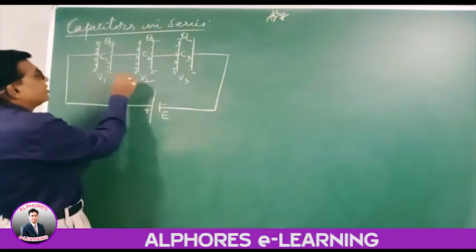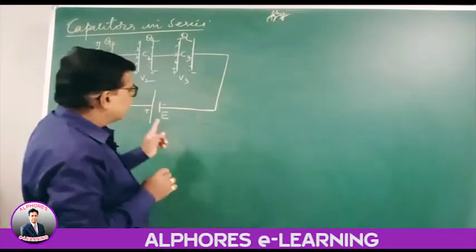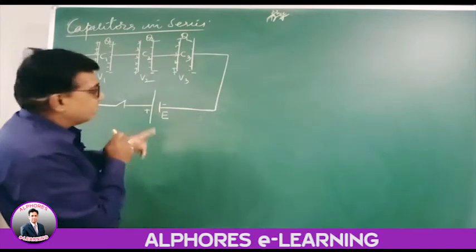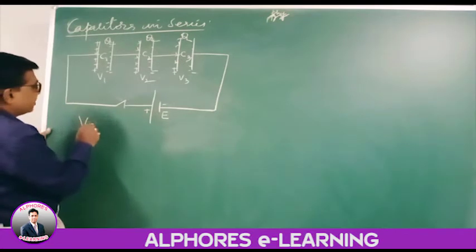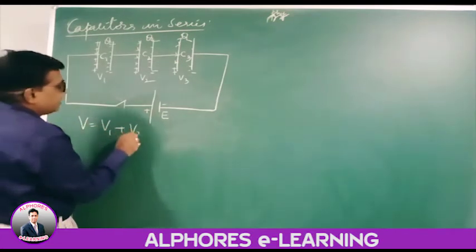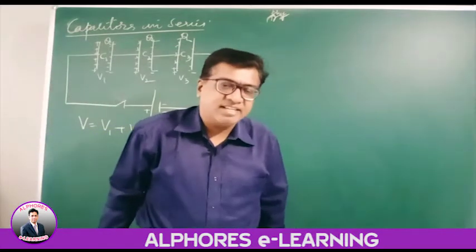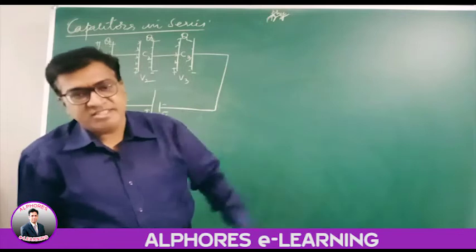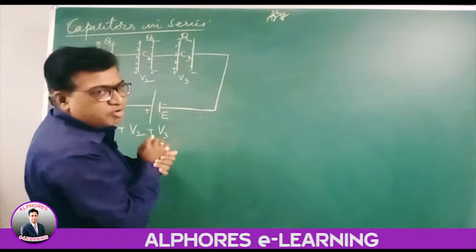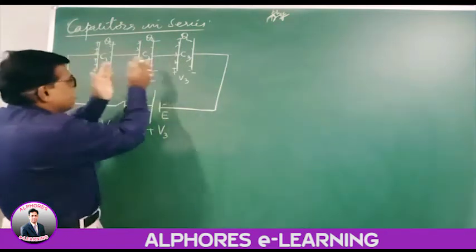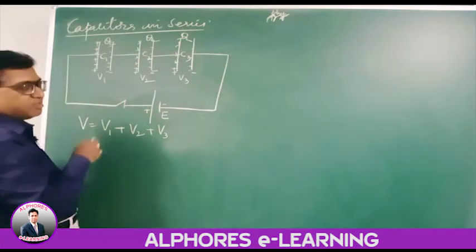So the individual electric potentials are V1, V2 and V3, such that the total electric potential in series is the algebraic sum of the individual electric potentials. Whenever the elements are in series, the resultant electric potential is the sum of all the individual ones. The energy supplied by the battery is distributed among them, such that the total energy is the sum of the individual energies, of course per unit charge. So therefore the total potential is V1 plus V2 plus V3.